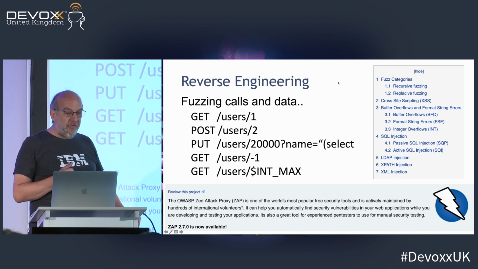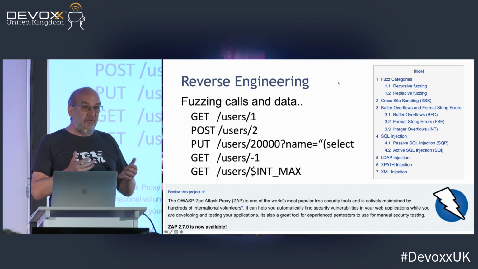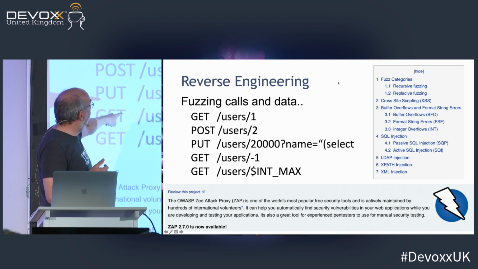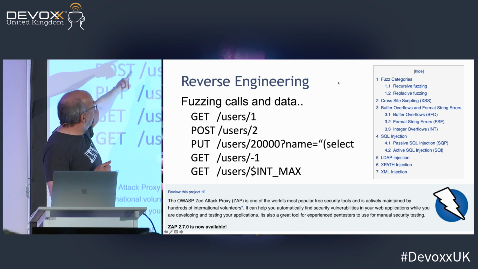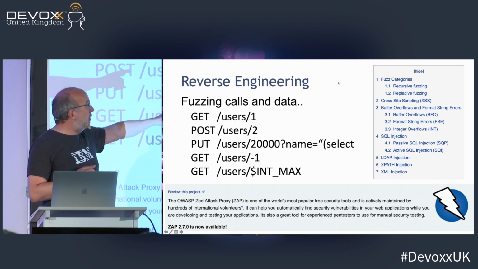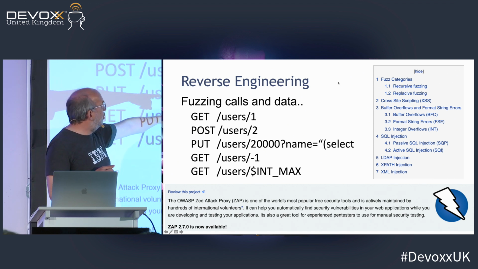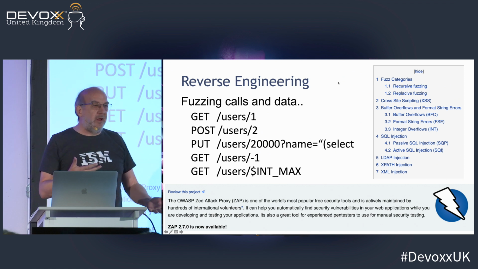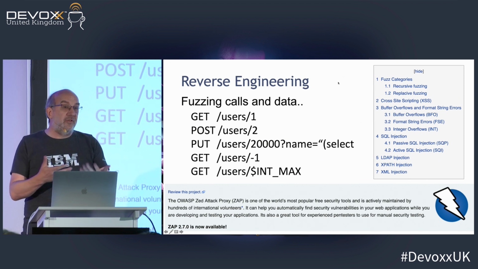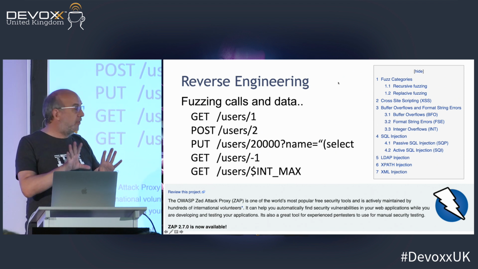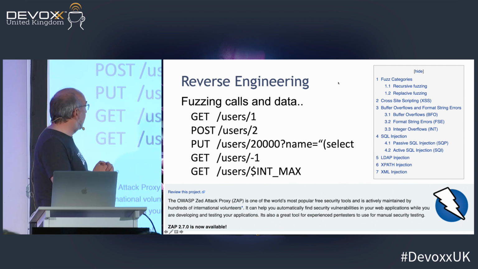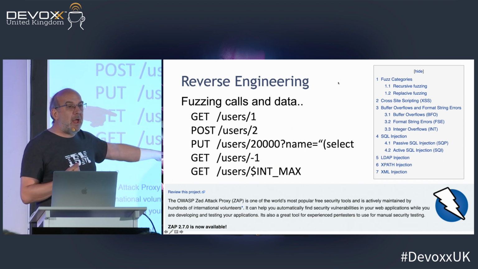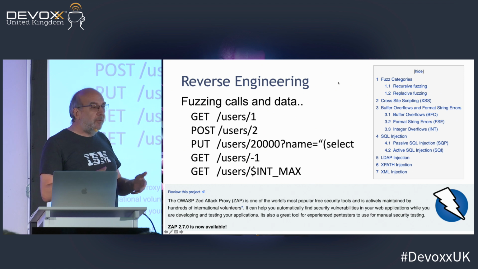And there are lots of fuzzing tools. Fuzzing tools are things like, what happens if I try users 1? Okay, what happens if I increment that number? What happens if I put a parameter in that's got some embedded SQL thing? I'm just going to explore your APIs for the edges that you haven't thought about. What happens if I send int max rather than 0 or something like that?